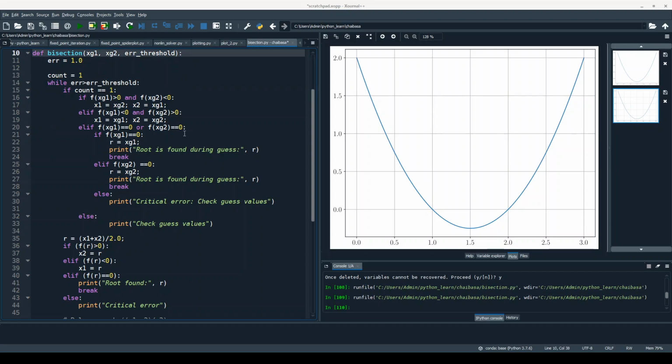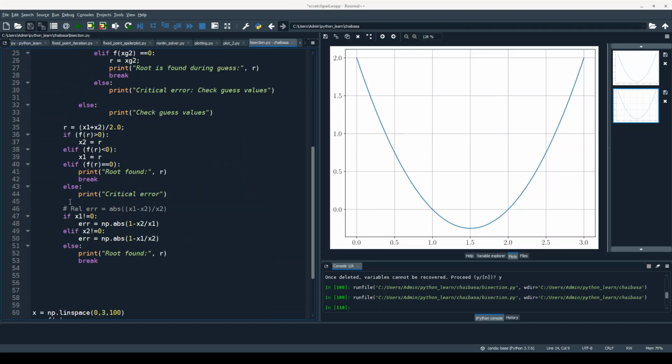So let us define iter max as the maximum number of loops. So while error greater than error threshold and count is less than iter max.